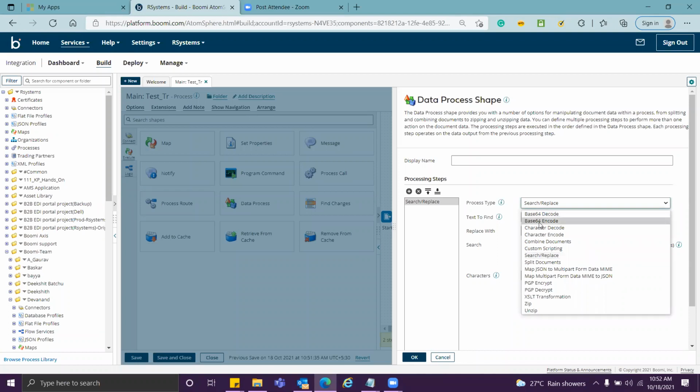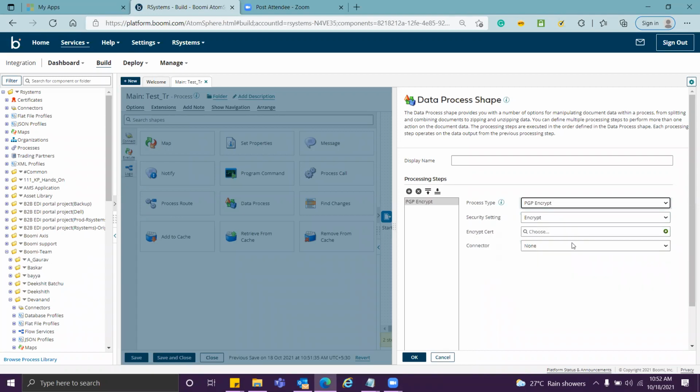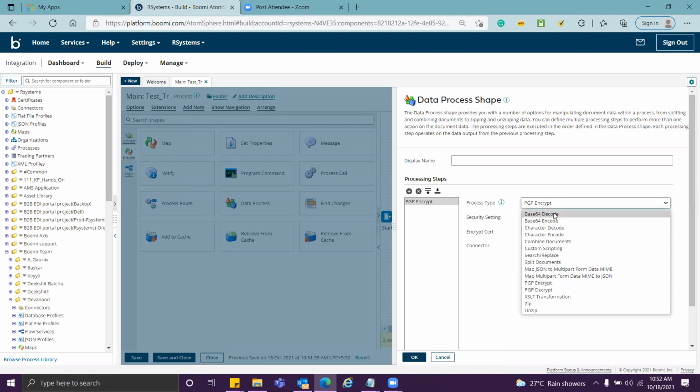Encryption and decryption are used when you are in a client scenario and you have to send some important data, right? You always encrypt it. But these keys are provided by encryption certificates and all, and they are provided by the client itself. But you can use any of these functions like base 64 encode, decode.